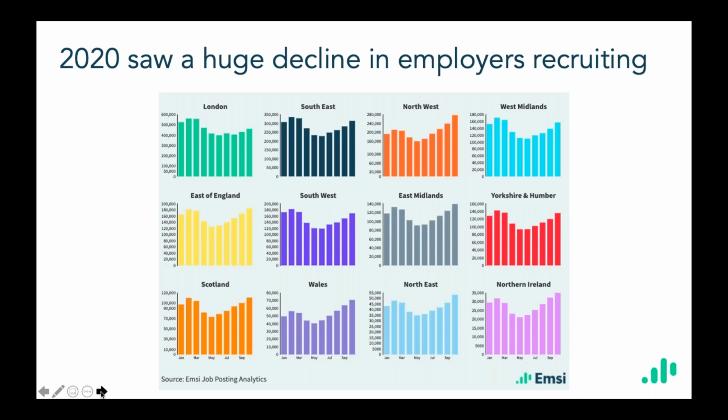So here on screen, we see trends in employer recruitment activity across the devolved nations and the regions of the UK throughout 2020. So we saw at the beginning of 2020, it started off pretty normally and was looking pretty nice. And then from the beginning of the crisis in March, in pretty much all areas, we saw employer demand and employer recruitment activity pretty much drop off a cliff edge. That really happened everywhere. And then we did start to see a bit of an uptick towards the end of the calendar year as we approached Christmas and some